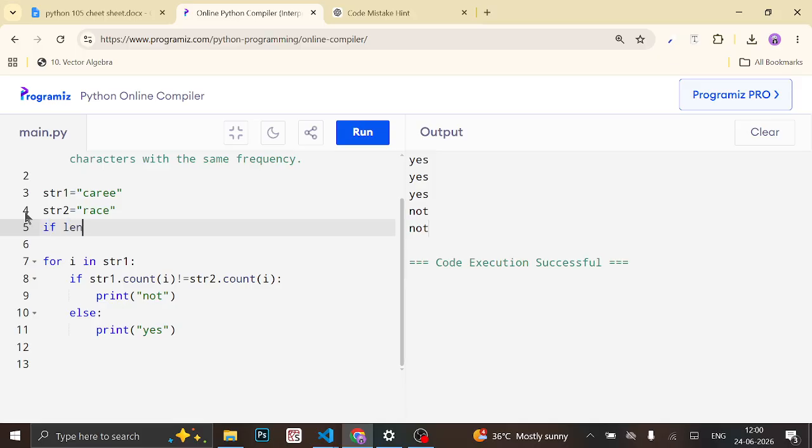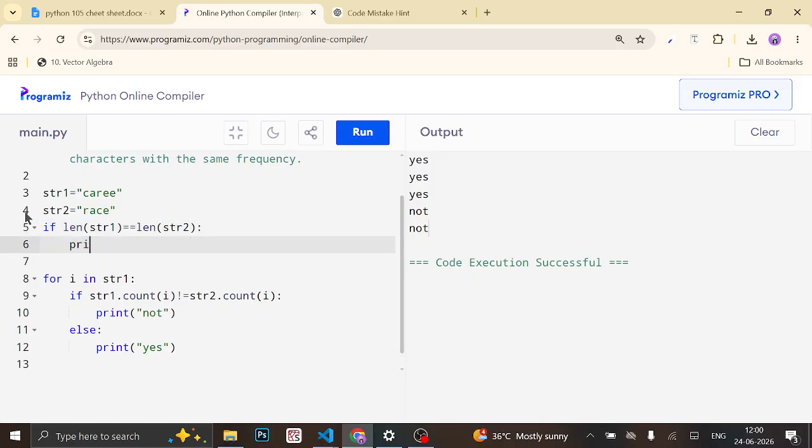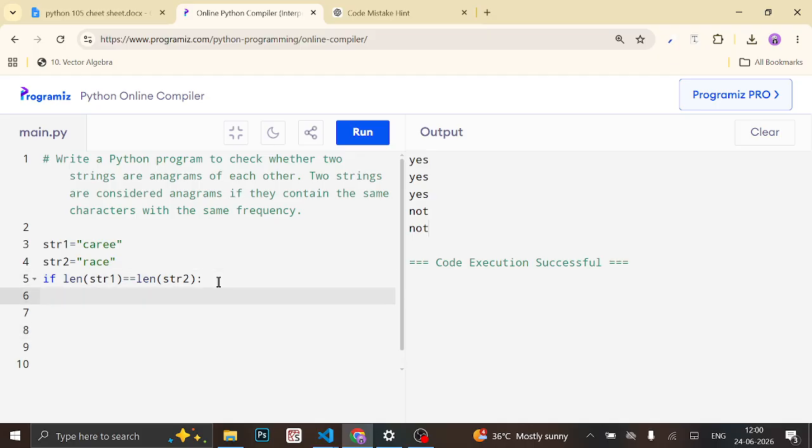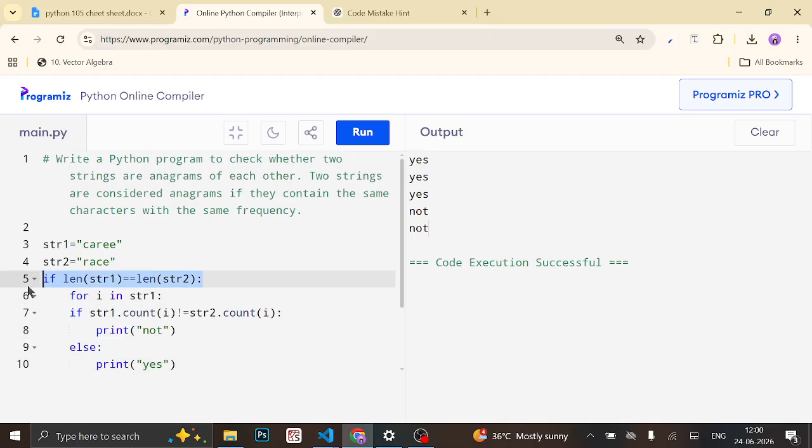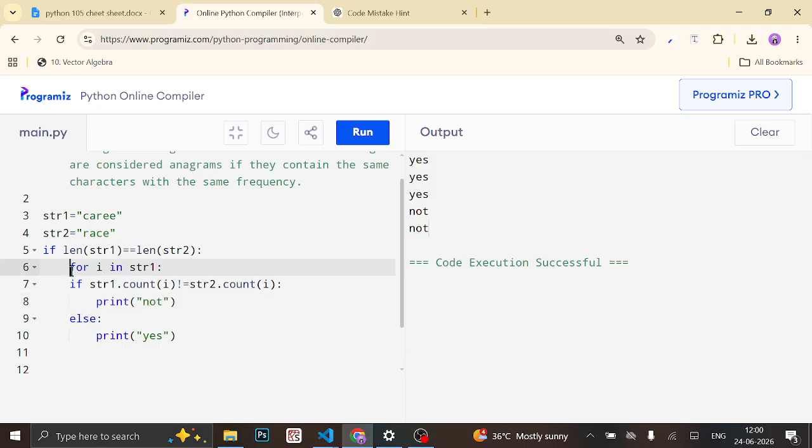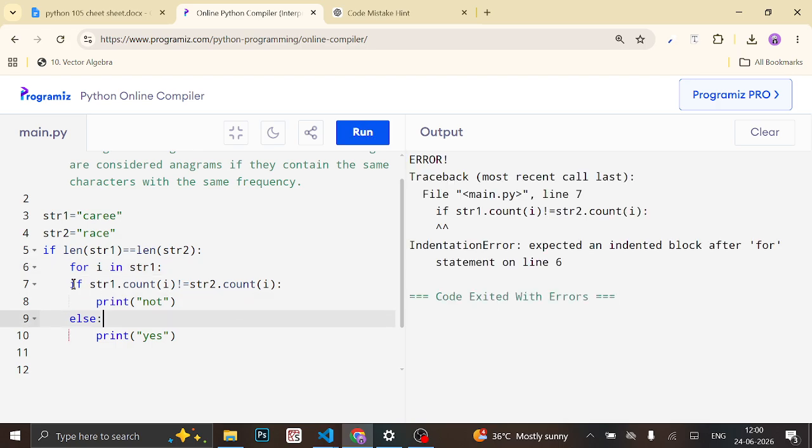if len of str1 equals to len of str2 तो प्रिंट, सो लूप आगे चलेगा। ठीक है, तो ये वाला लूप चलेगा हमारा। ठीक है, यदि ये दोनों एक दूसरे के बराबर होंगे तो ये लूप चलेगा, नहीं तो otherwise else कंडीशन है। यहाँ पे फिर for लूप चलेगा, यहाँ पे for लूप चलेगा if, देखो यहाँ पे रन कर दें, कंडीशन तो गलत नहीं होनी चाहिए। लाइन नंबर 7।